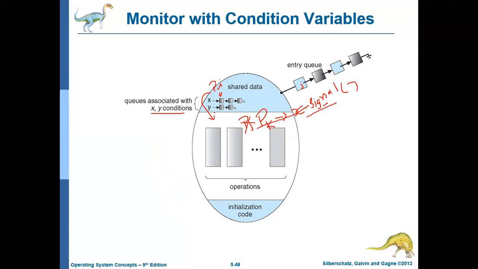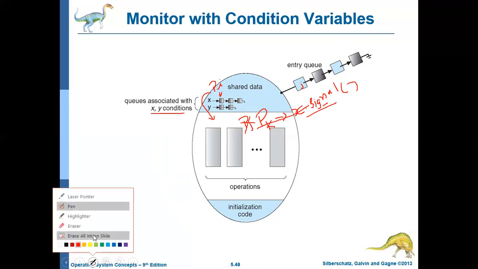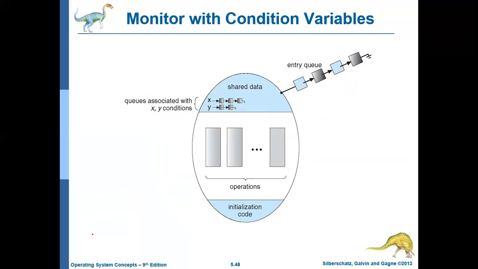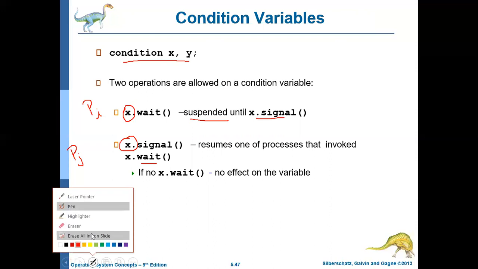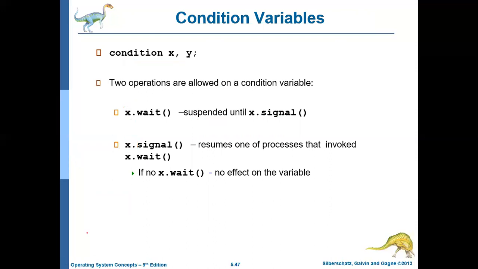Okay, so this is why the wait and signal concept is used. So basically a monitor uses two types of queues. One is the entry queue and another one is the queue associated with the condition variables. Okay, and the working of a monitor is similar to that of semaphores. It also uses the wait and signal constructs, but the only difference here is that it ensures that no two processes will be allowed to enter the critical section at any point of time. So it is not left to the hands of the programmer. Rather, the monitor construct itself ensures that such a thing does not happen.